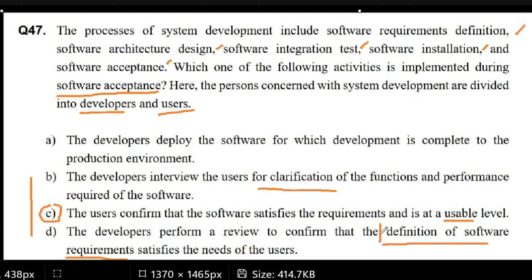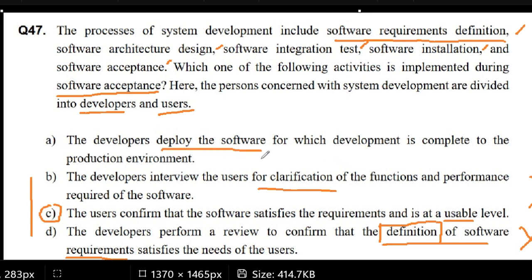In this case, I think this is not really at the acceptance level, but more at the software requirements definition. We need to know what the users need. And so at this level of the software development, where we're already at software acceptance, I think the definition should be already clear. So D is incorrect, B is incorrect,